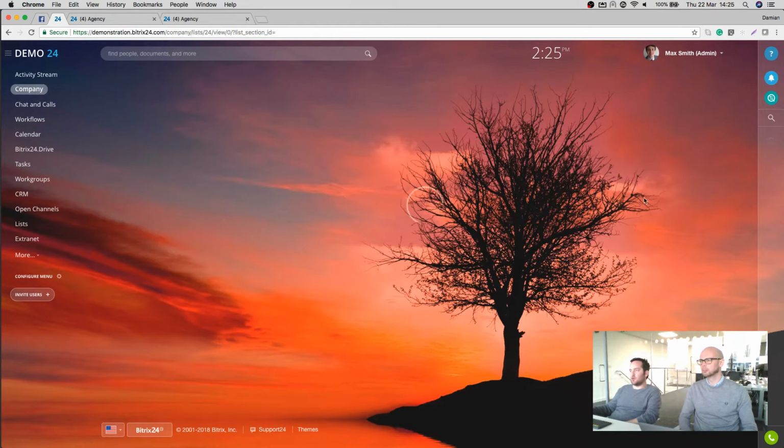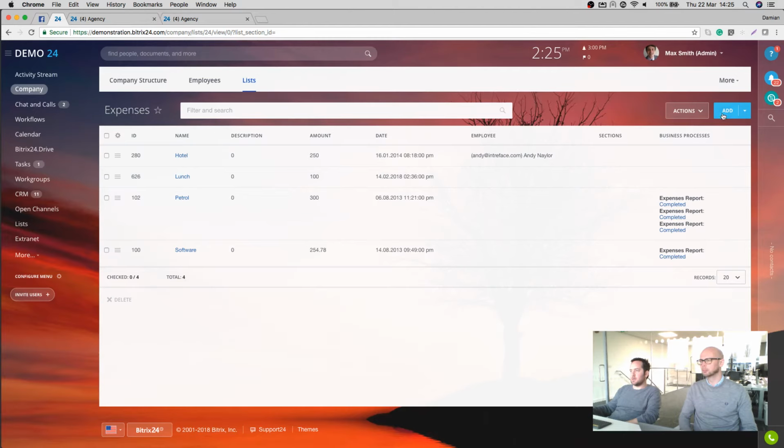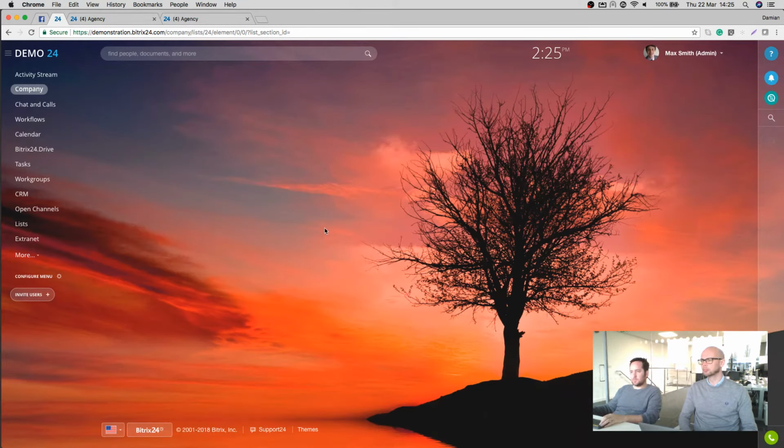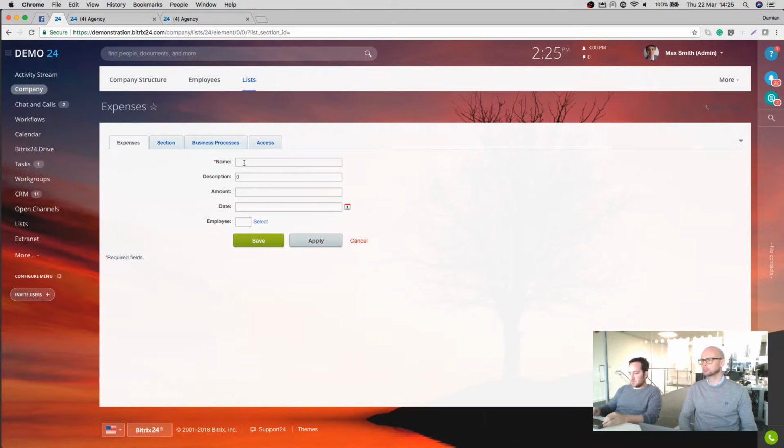So I think there's a lot of different uses. Different businesses will find different ways of using them, but I think that's a good way of thinking about it: what you do on spreadsheets at the moment is probably going to be doable inside Bitrix lists. Yeah, and I think Damien touched upon there, just with regards to running the process, clicking on here